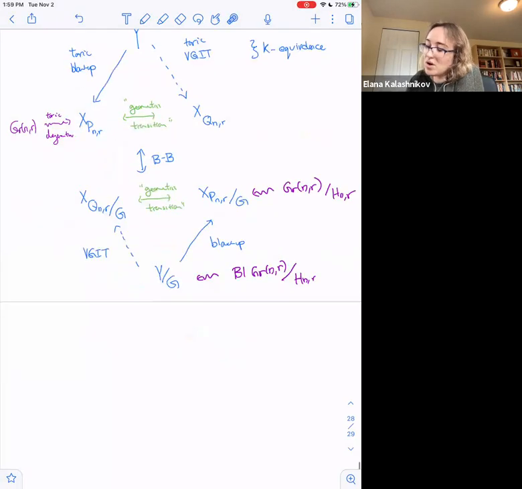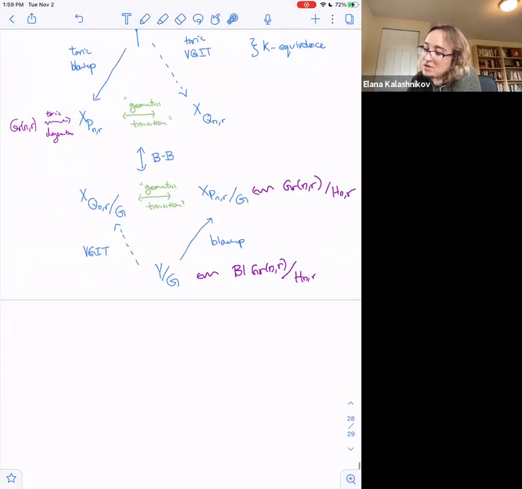So remember the Hori-Vafa mirror was a Laurent polynomial mirror for the Grassmannian, which came about by constructing it as the mirror of X_PNR. And so it naturally compactifies to a family of Calabi-Yaus inside this toric variety here, but because this VGIT is crepant, it also gives you a family right here, and hence something inside the blow-up of the Grassmannian. So that's the last theorem I want to say,